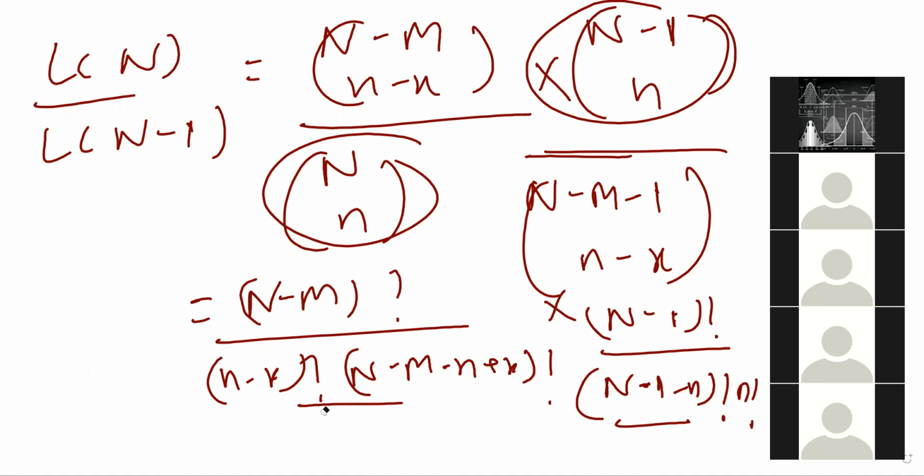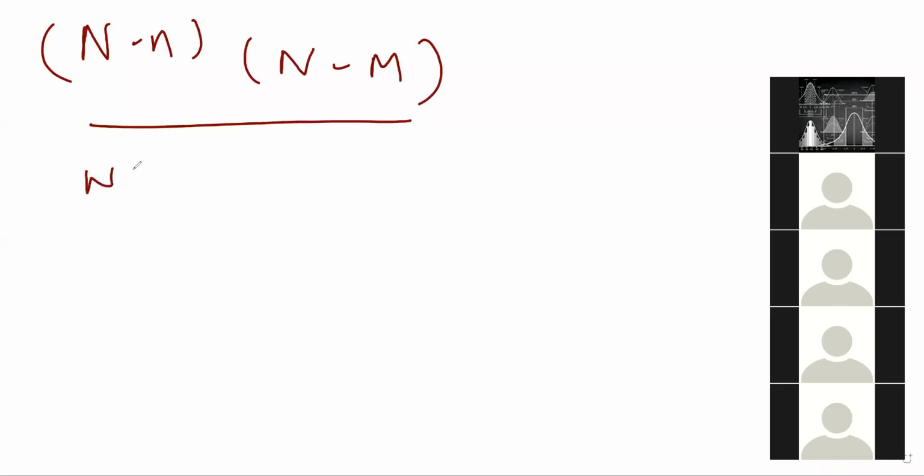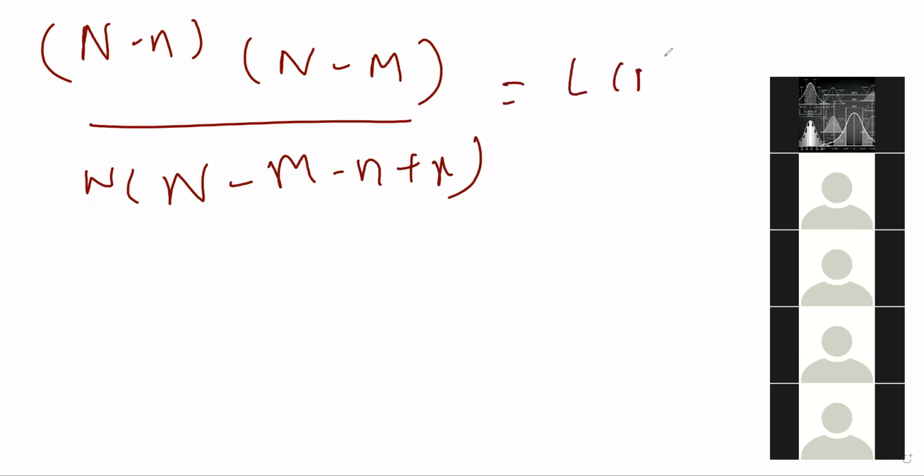n minus m upon n into n minus m minus n plus x. This is the simplification of Ln upon Ln minus 1. Okay, everybody cross check it. It is quite easy, so cross check it. Okay,